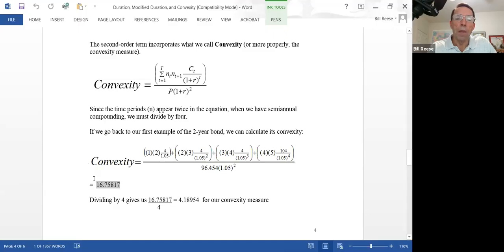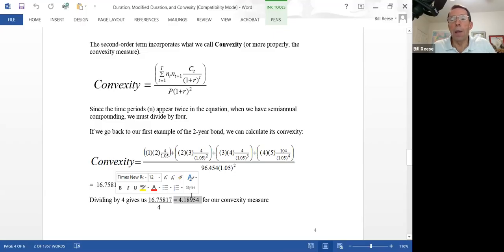Actually, if we were using years, this 1 would have been a 0.5, the 2 would have been a 1, the 3 would have been a 1.5. So because we have these in here twice, we've got to not just divide by 2, we've got to divide by 2 squared, which is 4. So the 16.75817 gets divided by 4 to give us the convexity measure, which is